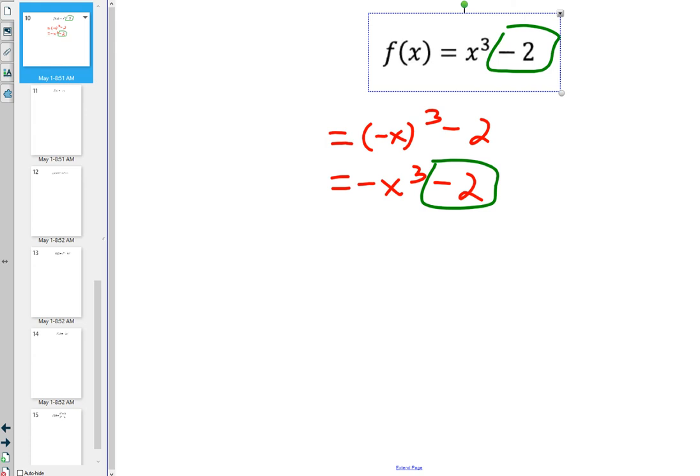When it's what? An odd exponent keeps a negative negative. An even exponent makes it positive. So this one's going to be